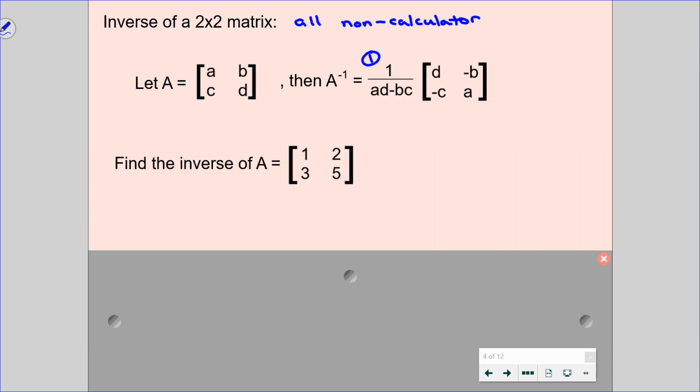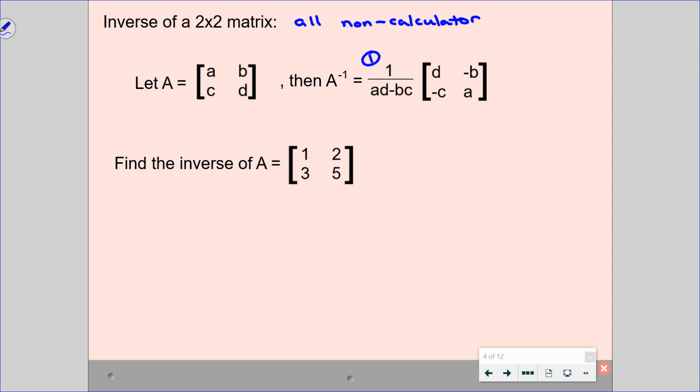So let's actually do this with an example. Step number one, given this matrix, is to figure out what the AD minus BC is actually equal to. So we take the matrix that we have, and notice how the A and the D are the first and the last numbers, the spot 1, 1 and the spot 2, 2, the diagonals. So we have a 1 times 5 minus, and I'll put in parentheses here, my B times C, my 2 times 3. So I end up in this case with a 5 minus a 6,